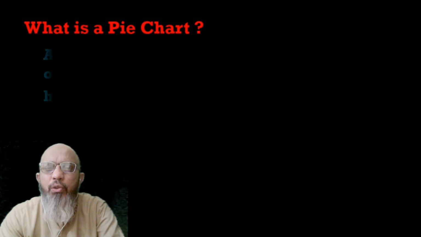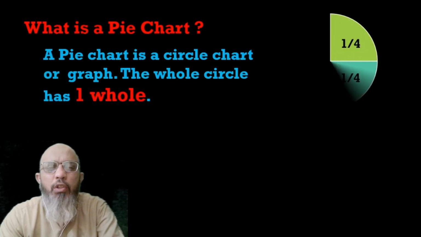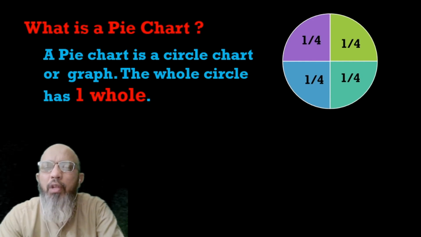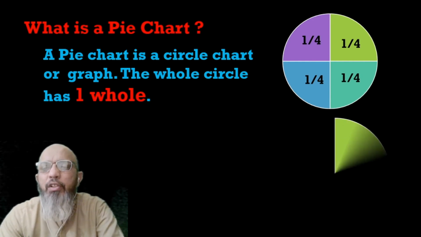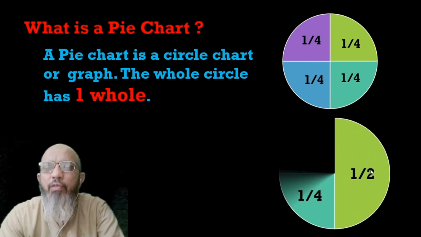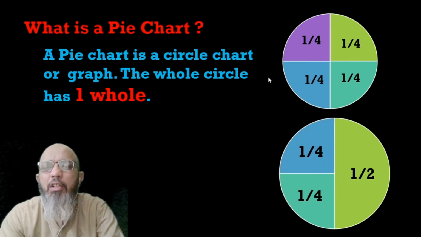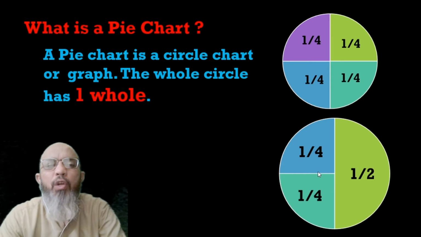First of all, what is pie chart? As you know, the pie chart is a circular chart or graph, the whole circle as one whole. Now there are two ways to show the pie chart. One is in the fraction form, one the whole. In today's lecture, most of the questions deal with this kind of questions. So keep one thing in mind, that a half circle is denoted in fraction form by 1 over 2, and a fourth part is shown by 1 over 4.